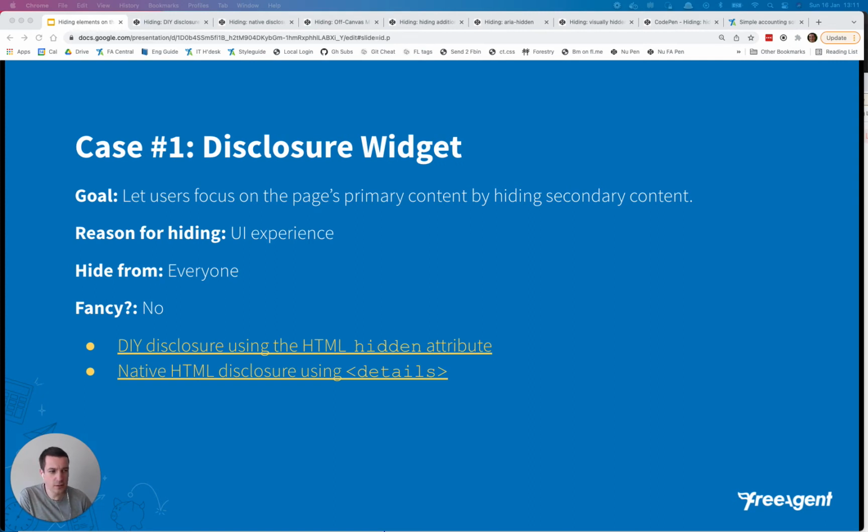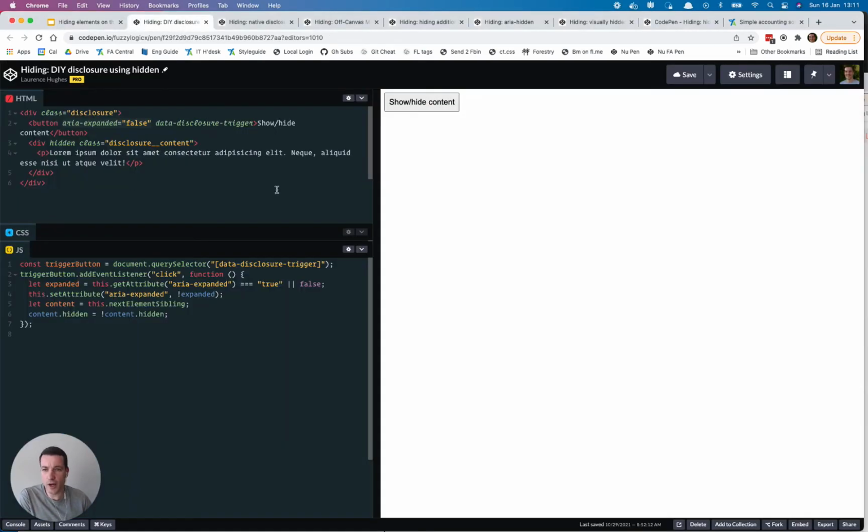So let's start by looking at a DIY disclosure widget. As you can see, I have this show hide content toggle, and if I activate that, the content's shown. Activate it again, the content is hidden. And to sort of dissect the code, what we have here firstly is a button, and that's the correct HTML element